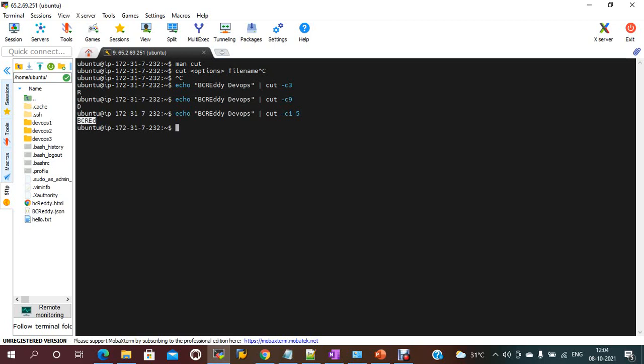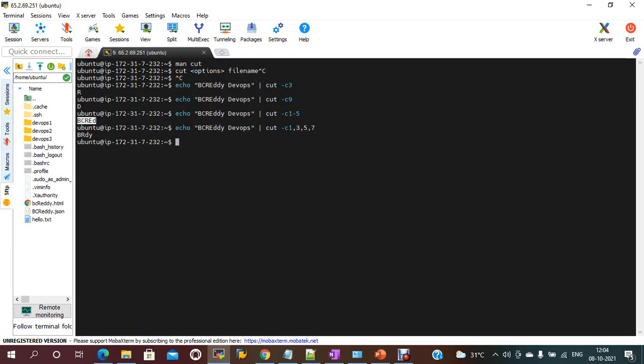If I need one after the other character, I need to display the first one, third one, fifth one, so you just need to use a comma: 3 5 7. Alternate characters you need to print.